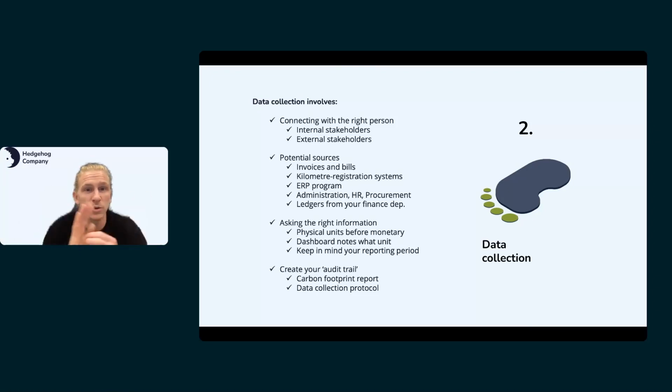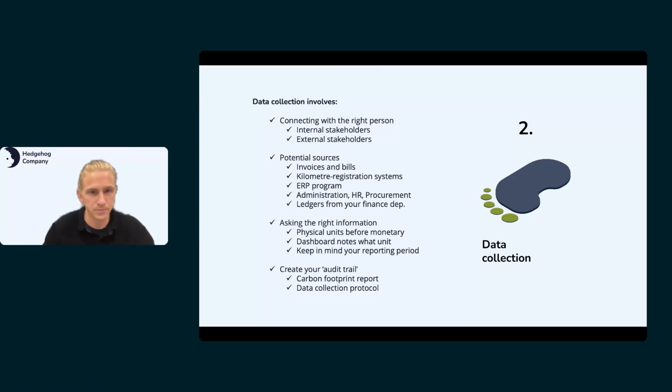Think of invoices and bills, think of kilometer registration systems for business travel and employee commuting, think of your enterprise resource planning software to gather information. Think of your colleagues at the administration, at HR, at the procurement, or go to your financial department and request the ledgers